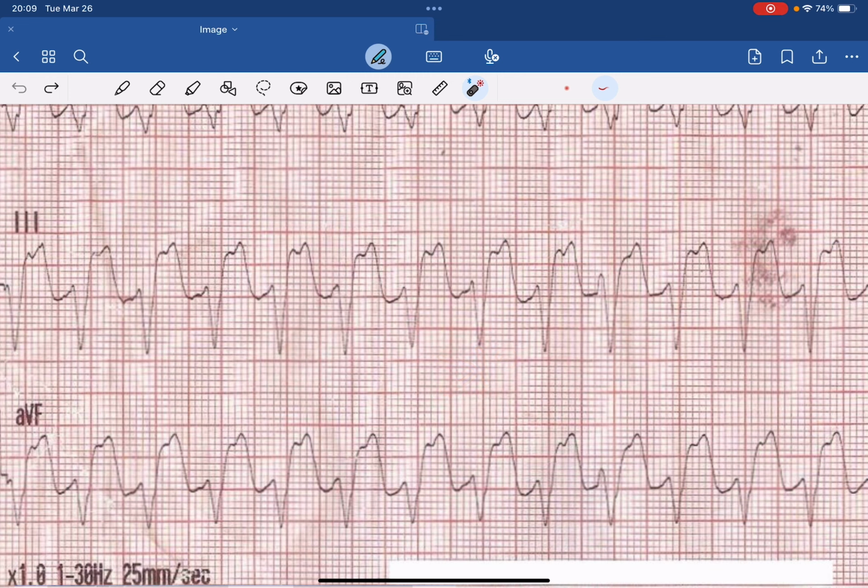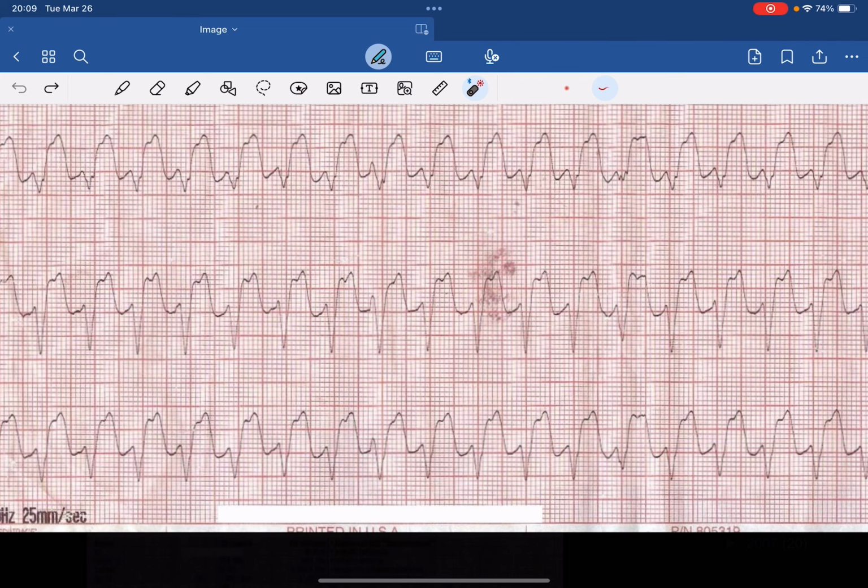We can see that there is an absence of any sort of P waves. No P waves there, no P waves there, no P waves there, no P waves there. And it doesn't even seem like there's anything within the T wave, which is this complex right here, to suggest that there is in fact a P wave present. Additionally, the rate itself is greater than 130 times a minute,